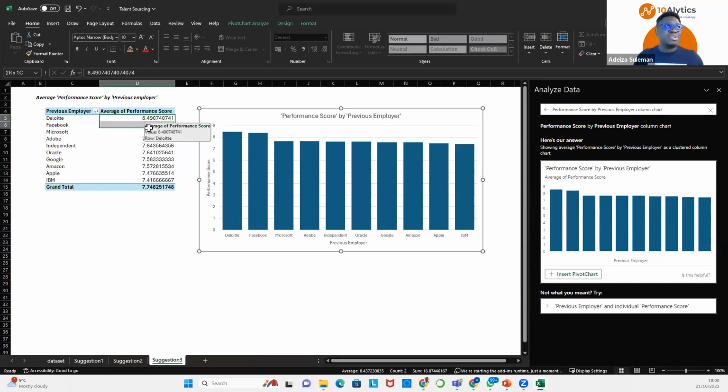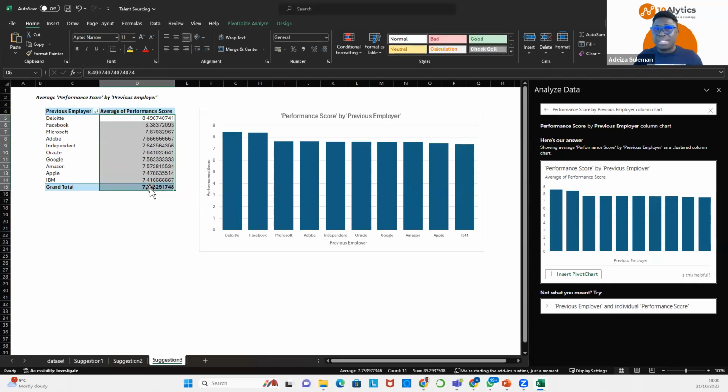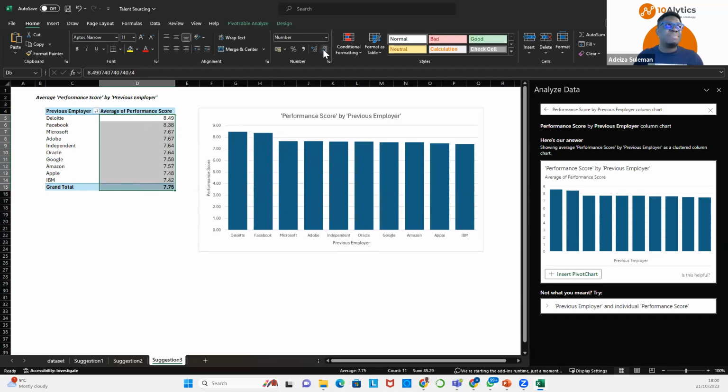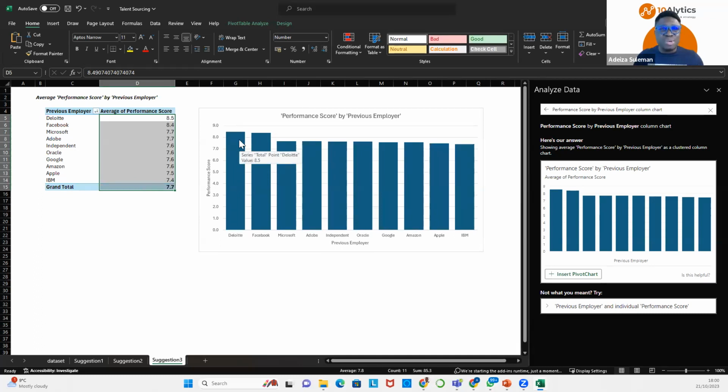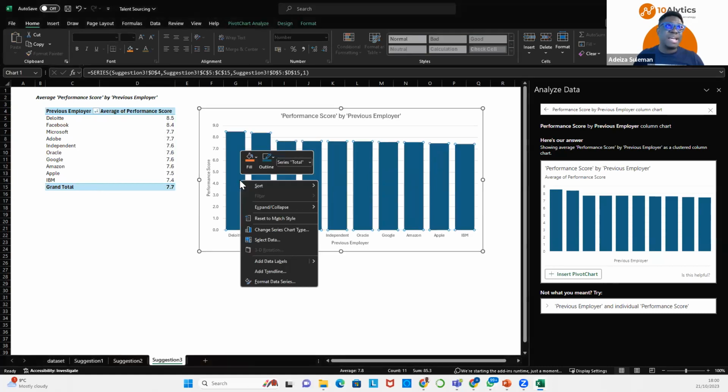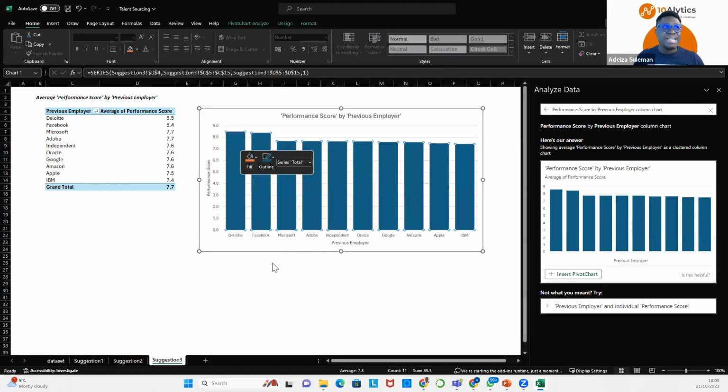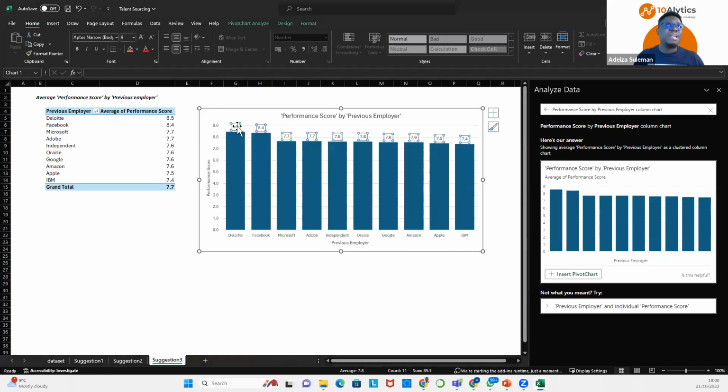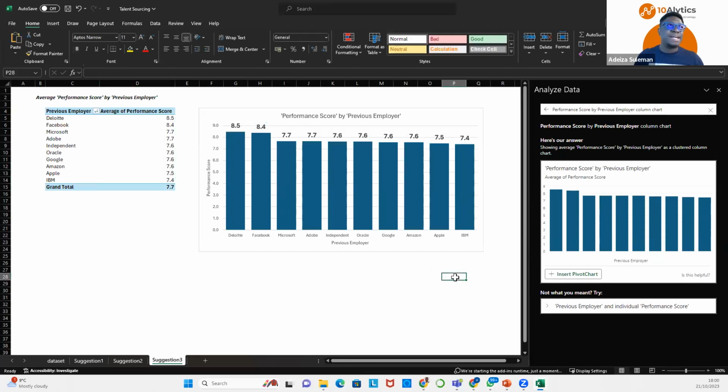So what I'm going to do, as usual, I'm going to reduce the decimal points so it's easier to see. So decrease decimal to only 1 decimal place. All right. And I want to add the labels on top of each column so we can see it on top of the columns, and it's easier to visualize. So I right click on any of the columns and I click on add data labels. Okay. Click on the label, make it bold, increase the size by clicking on increase font. Take it to 14 so you guys can see it better.